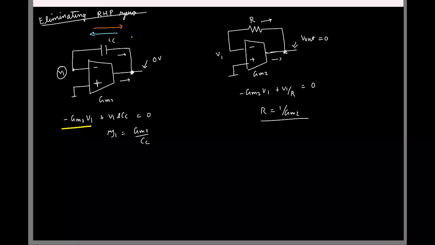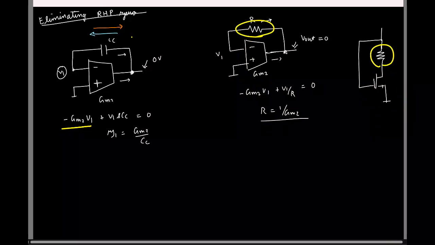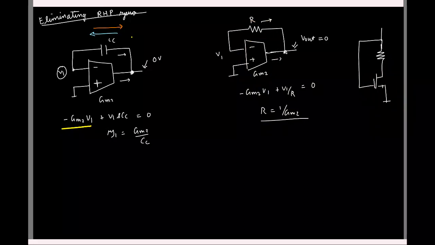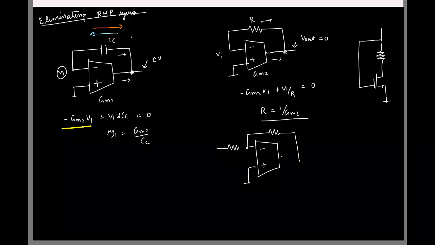And in fact, this was your first mini quiz question, right? I had given something like this, isn't it? I mean, this is basically same, right? This is your GM2, this fellow, and around it I put a resistor in feedback, which is this, right? And this is true even if you form an inverting amp using VCCS, that is using our OTA. If you form an inverting amplifier like this,